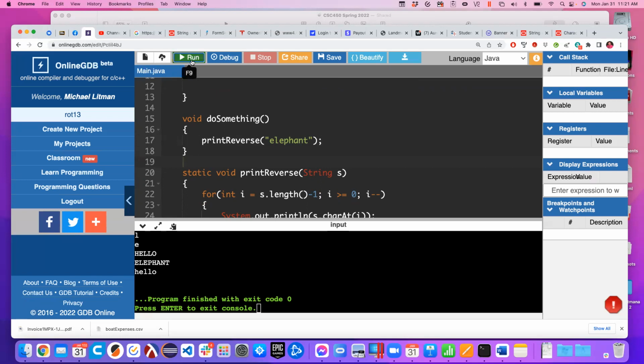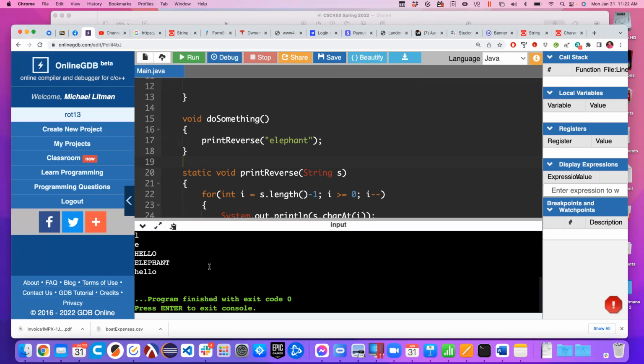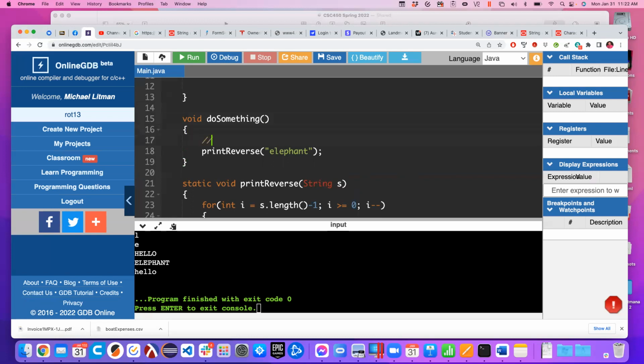Is it going to actually show up as an error? Might not. Yeah, Java figured it out for us. But we're going to say that this is not accurate, because I am in this function, and this function is not a static function. This function lives inside of the class called main, which is why Java was able to figure it out. But my current context in here,